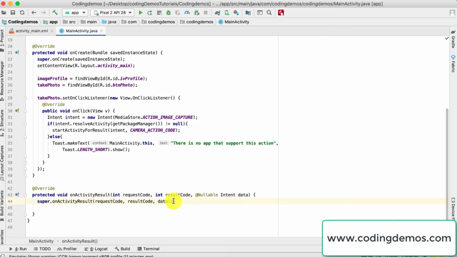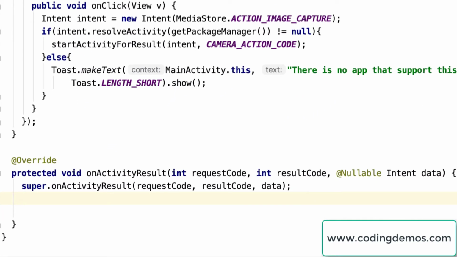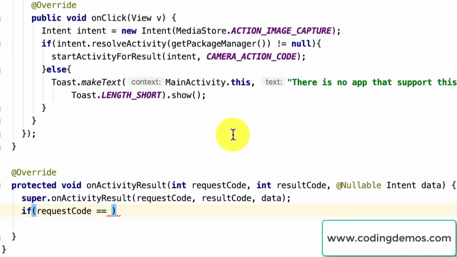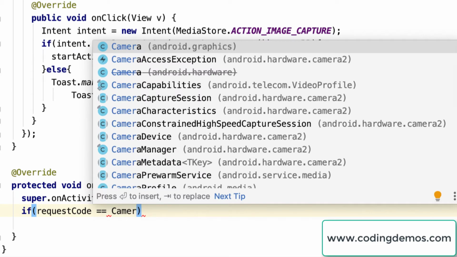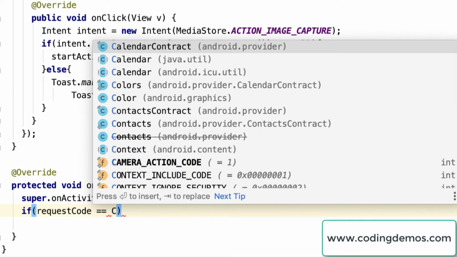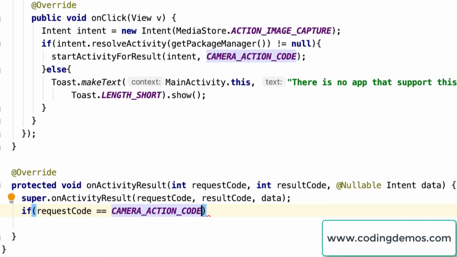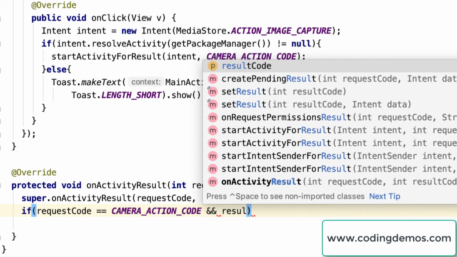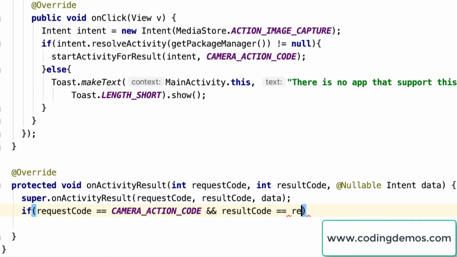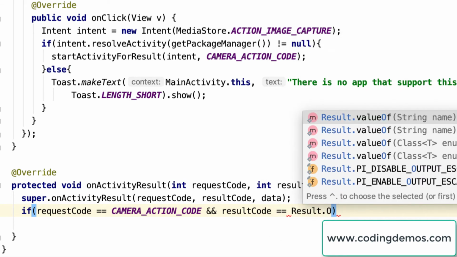Let's do it now. Okay, inside the onActivityResult, the first thing that you need to do is check. Check for what? We need to check for the request code. So request code is equal to the one that we've just declared, which is the camera. We should use it as caps lock. Okay, we have it here, CAMERA_ACTION_CODE. If the request code is equal to this code, which is 1, and if the result code is equal to Result, with a capital R, dot OK,